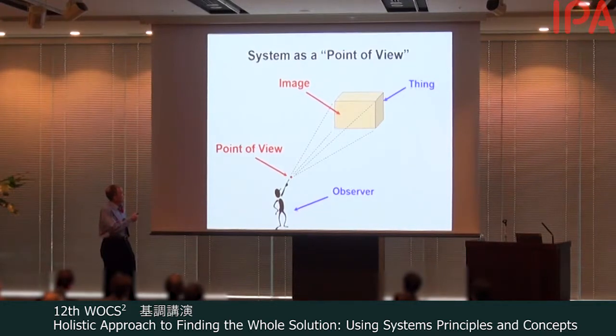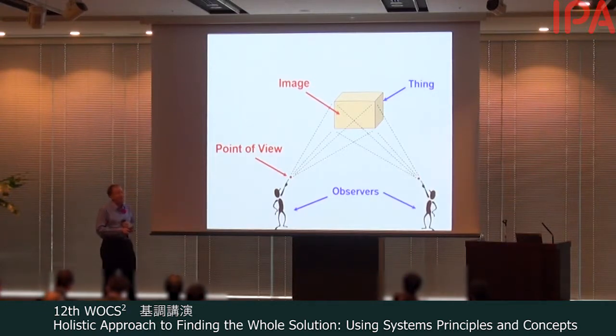And what you see is an image. The total image of the system is a collection of views of different aspects. For example, you can have the safety view, the security view, the usability view, the manufacturability view, the operations view. There are many different views that are important in building up the entire holistic image of the system. So if you have a second observer from a different point of view, what that observer sees is a different system.